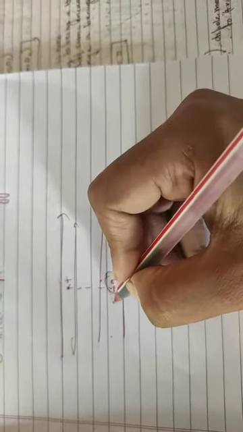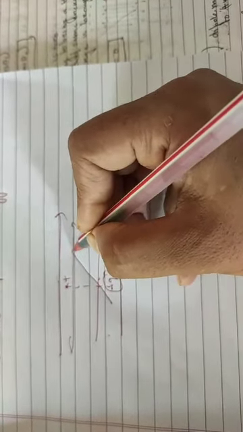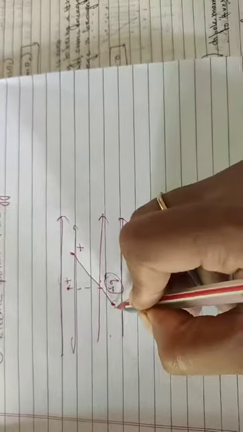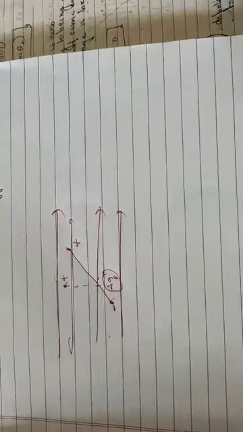Now I can show you with the help of a diagram. Suppose this is my uniform electric field, and I have placed my dipole. Suppose this is positive and this is negative. Clear? Suppose they are separated by a distance 2l. When the electric field is applied on this dipole, it will turn. Suppose it turns like this. The positive charge will come at this position, the negative charge at this position.